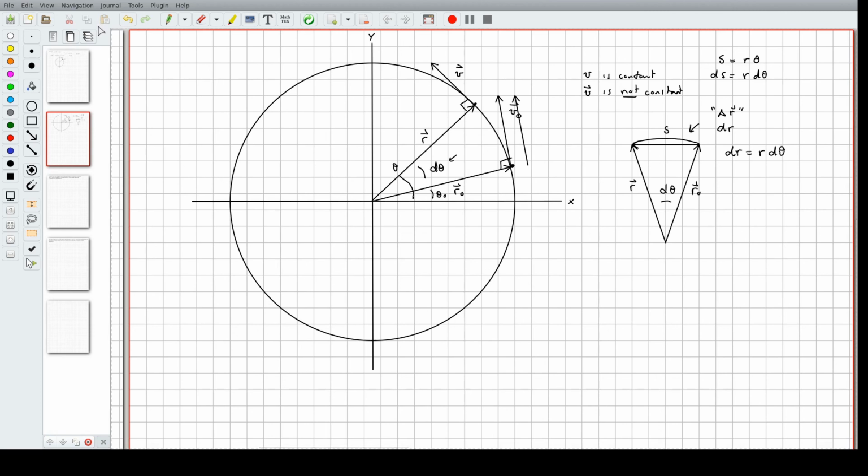Let me redraw that. I want to draw it over here so I can move it. So there's V naught. It looks something like that. If I were to still this thing right here and then move it like that,